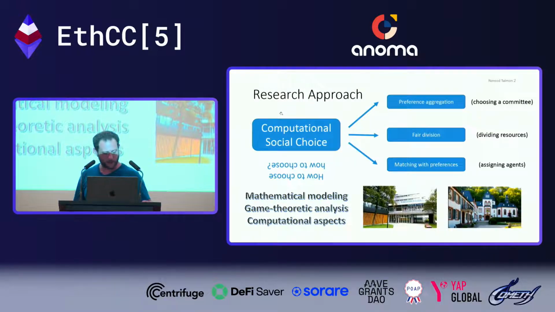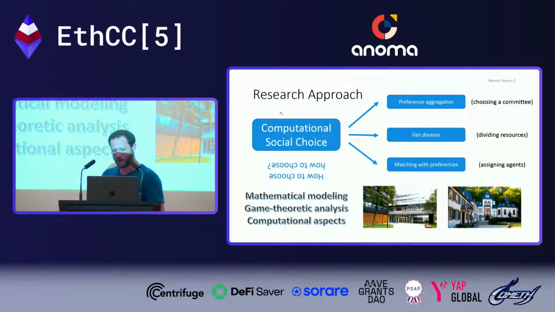So let me tell you a little bit about my route, or what is computational social choice, which is my main research field. Basically, in computational social choice, we try to understand algorithms and protocols that help a community reach decisions. Stuff like preference aggregation, like choosing a committee, or how to divide joint pools of resources, or do matching with preferences. We do this by mathematical modeling and some game theoretical analysis, and we try to do it in a principled way